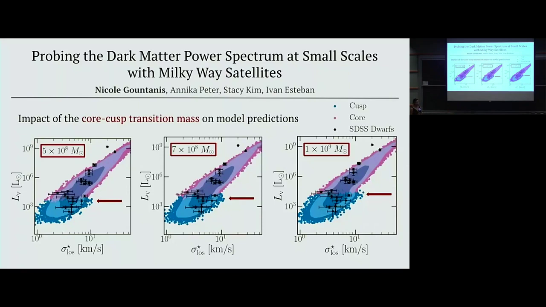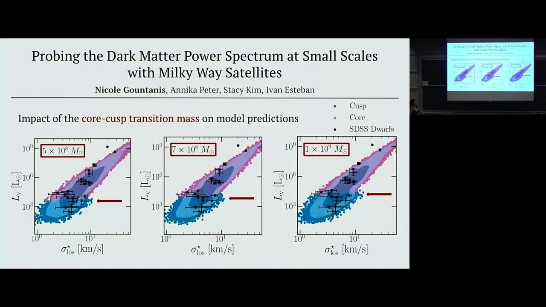Here, lumpy dark matter is like cold dark matter, but with enhanced power on small scales. So the goal is we want to be able to say which dark matter model best predicts the observations. But another key component of the project is understanding how uncertainties and assumptions in the underlying models affect this comparison between models and observations. And so here is one example of that for cold dark matter.